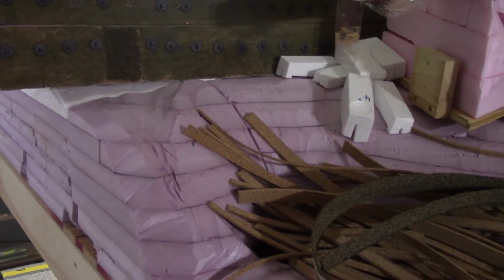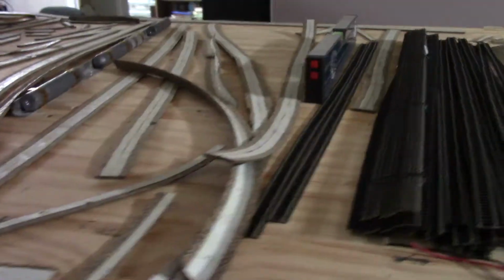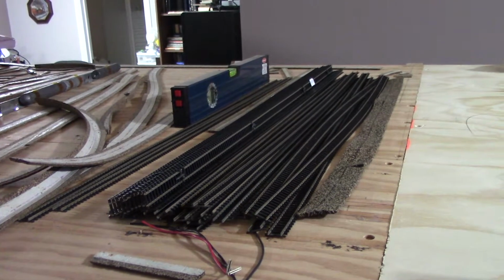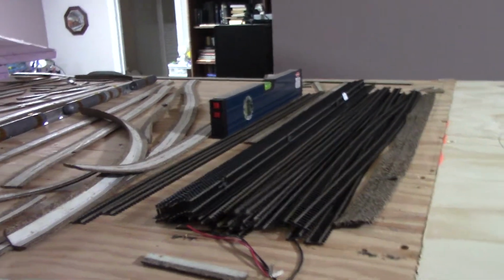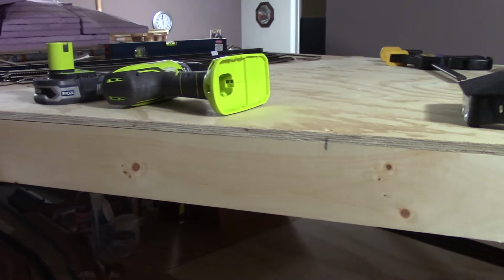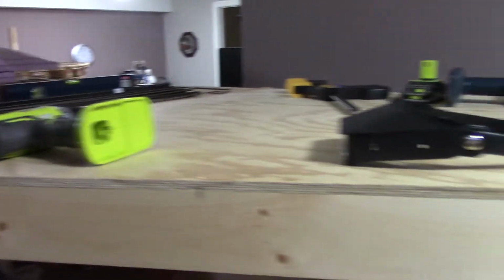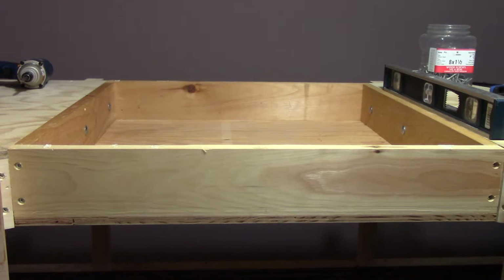The big thing I was looking at, I would really like to get a track up on the top of that foam where it's flat, but that's 9 inches above, and even at a 2% grade, that's going to be 2 inches per 100, 450, 500 inches, call it 500 inches, that I need to go, and of course 8 feet is 96 inches, so that's going to mean a fair bit of looping around, and then of course the added complication that I just made myself of having the water effect